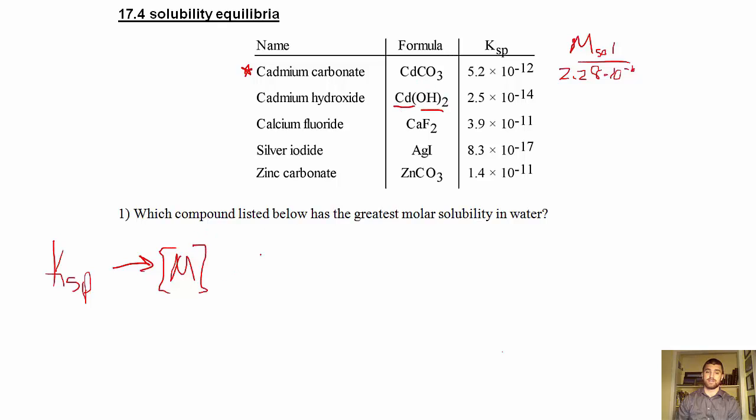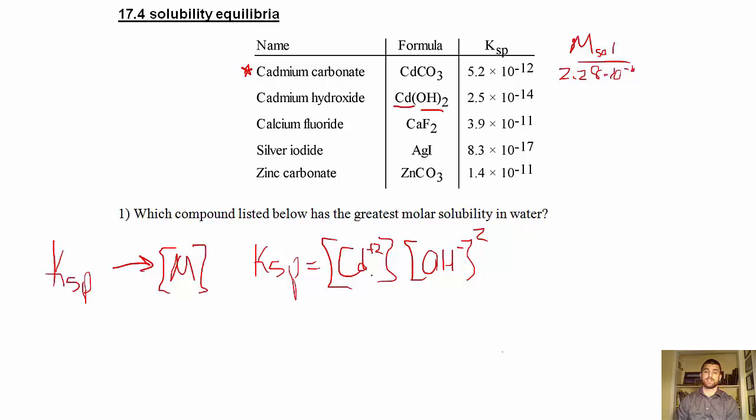So what we really have is Ksp equals the cadmium ion times the OH ion, the hydroxide ion, squared. Now the question is, how do these two compare to each other? Well, if I get 1 cadmium, I'm going to get 2 hydroxide. Now what further complicates things is that 2 times the concentration is also squared. So when we square that, we end up getting 4x squared times x, and we end up with 4x cubed